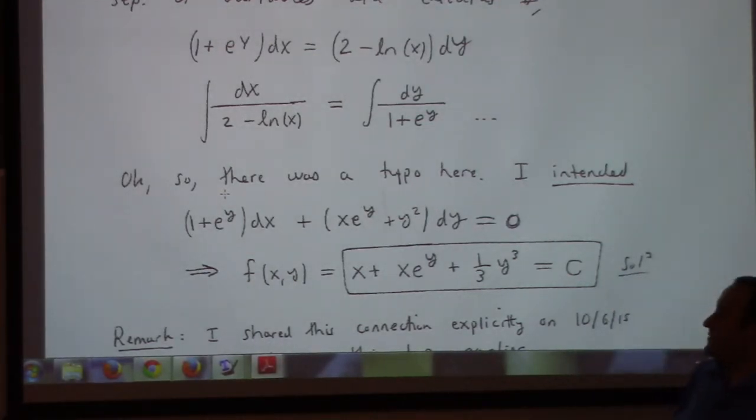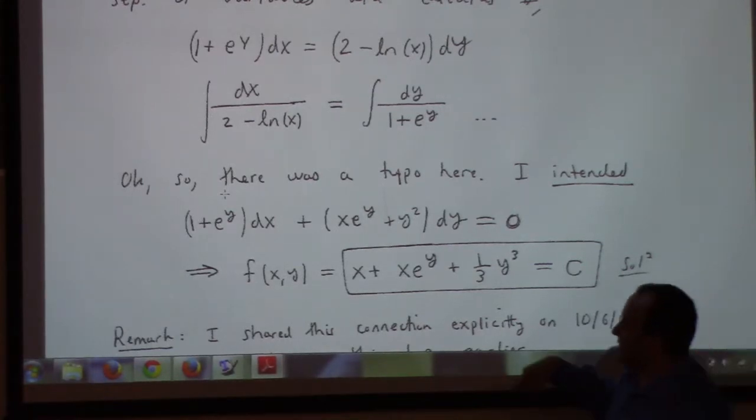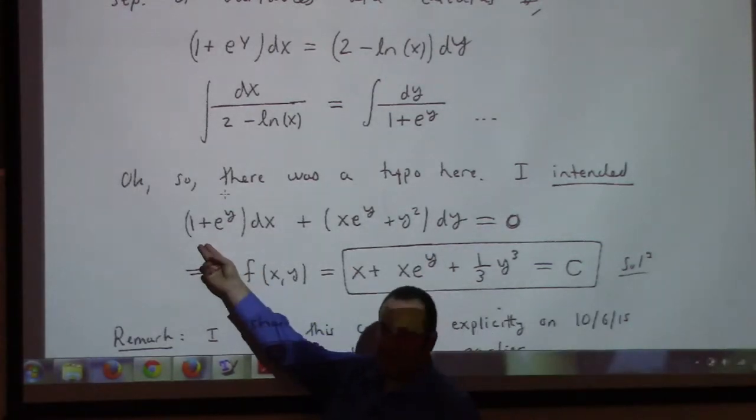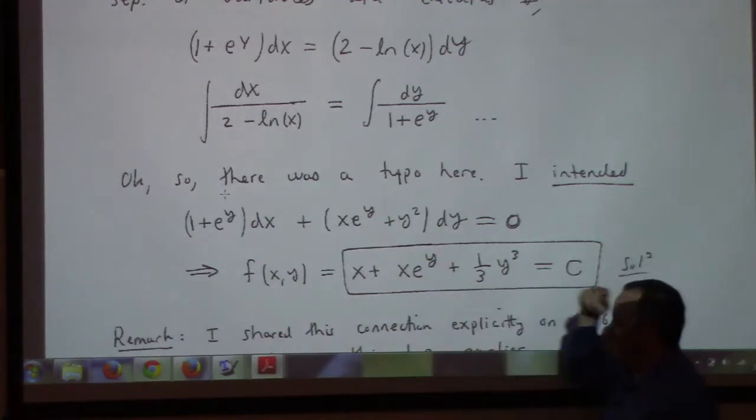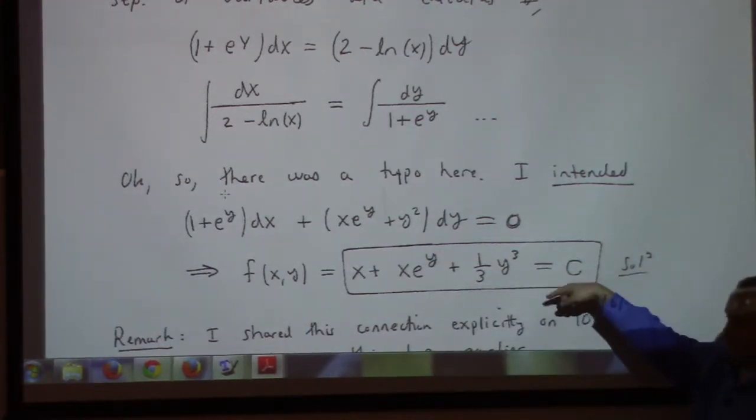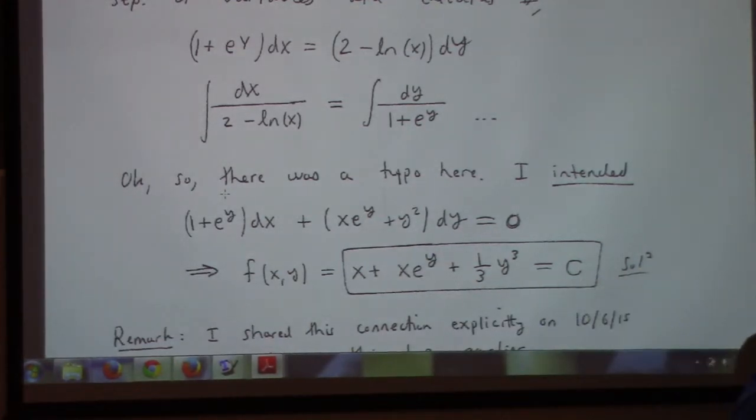What I intended to write there was this. This was the intended problem to put there. And if that was the case, then this would have been the function whose level curves are the solutions to that exact equation. So I was trying to make a connection with a previous problem in this homework, and I made a typo in writing this one. The previous problem I'm talking about was